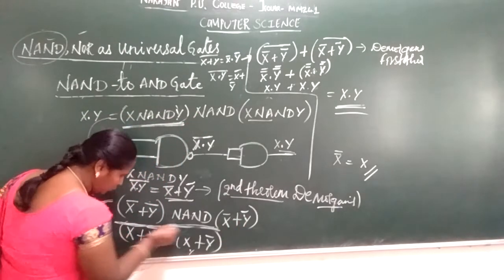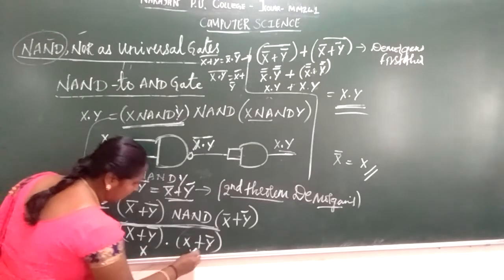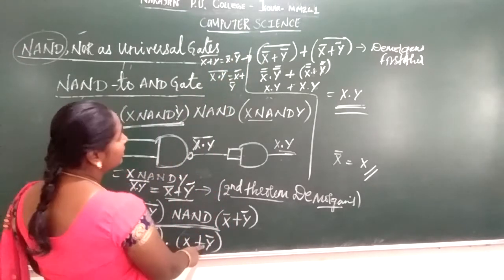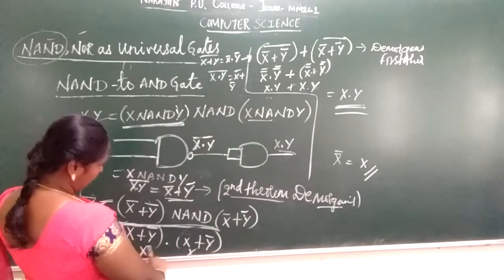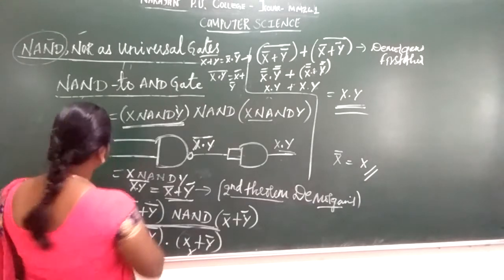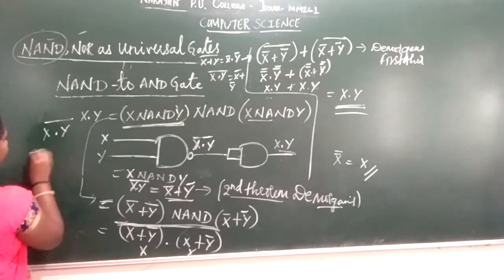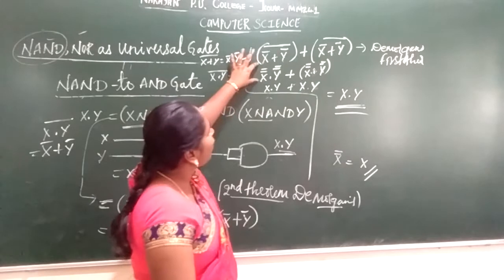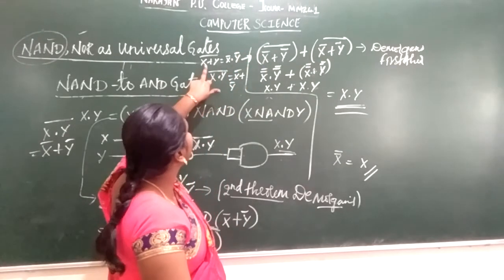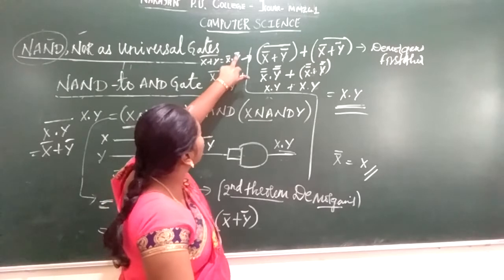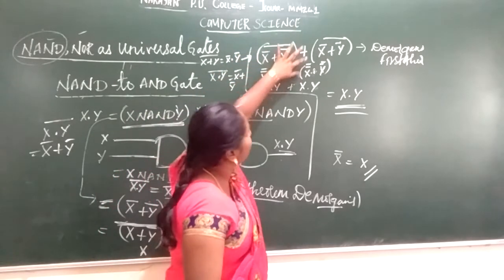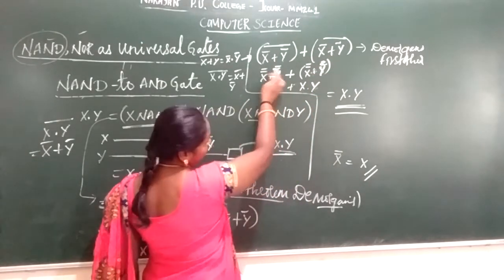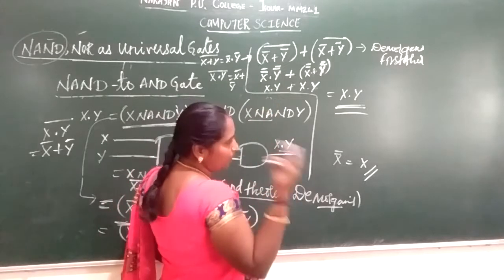Now you apply a NAND gate to this whole expression. So here it becomes x and here it becomes y. So according to the second theorem, this becomes x into y the whole bar, that is x bar plus y bar. So I have taken x bar plus y bar. Now you apply the first theorem rule, that is x bar plus y bar is equal to x bar into y bar. So double bar into, plus as it is, double bar into y, the whole bar. Then you apply the involution law: when you complement twice, the result is the same.